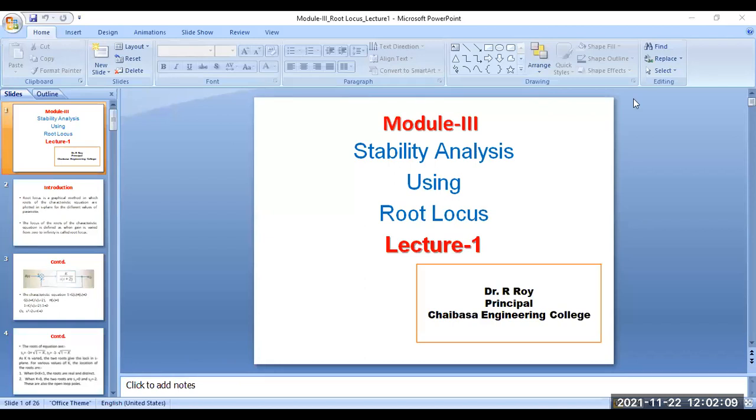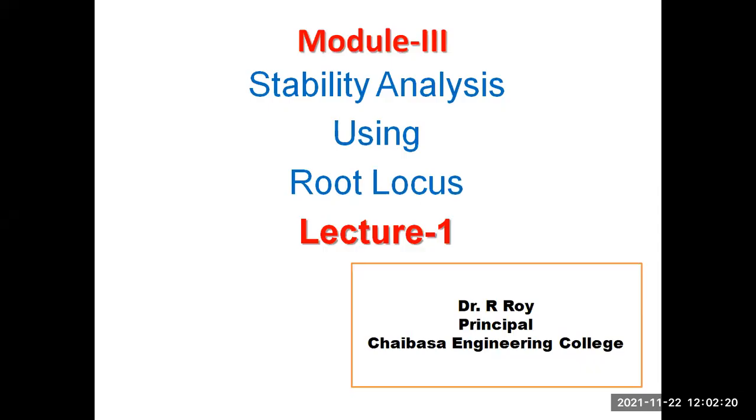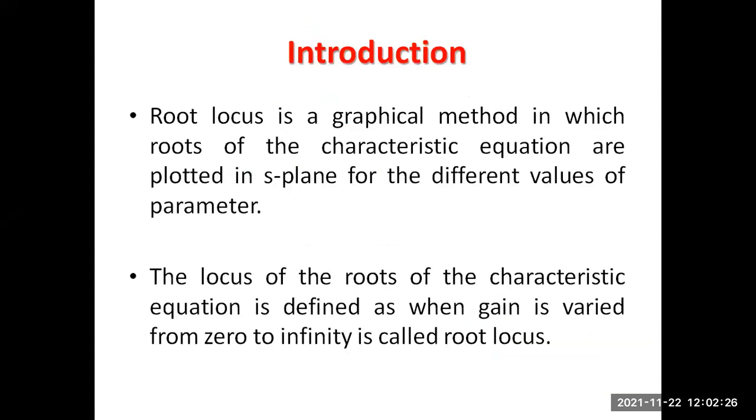Stability analysis using root locus. So this Routh-Hurwitz stability criterion is over. We have completed that first chapter under this particular module. Now next is the stability analysis using root locus. First of all, we need to understand the meaning of root locus. From the name it is clear that there are two terms: one is root, second term is locus.